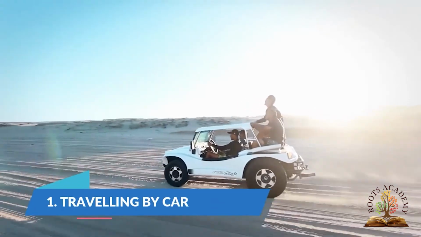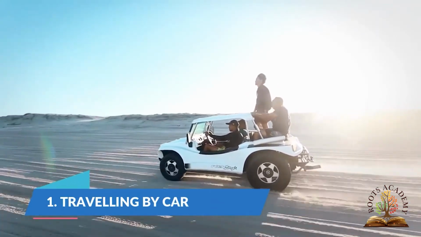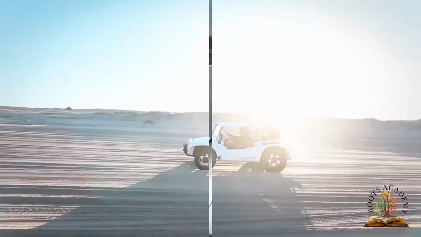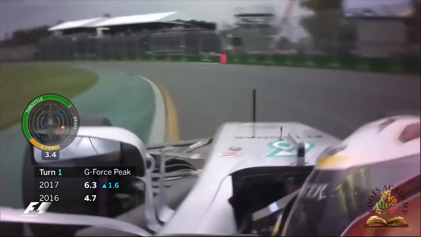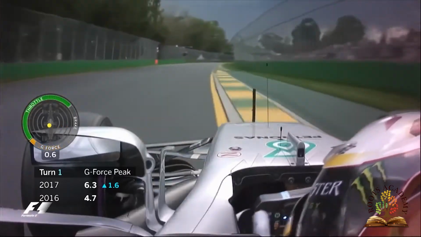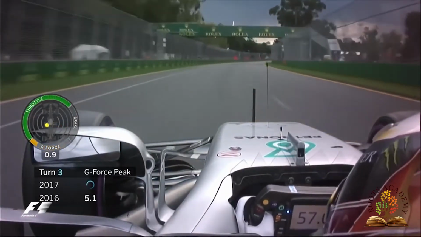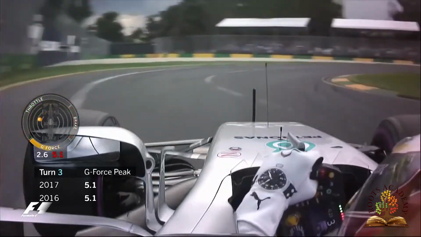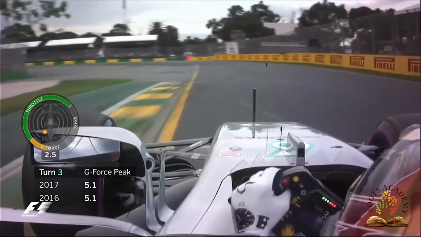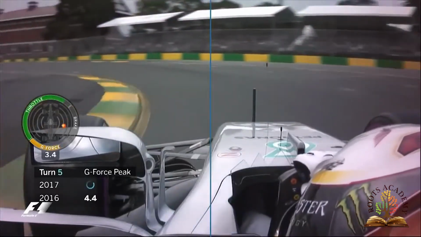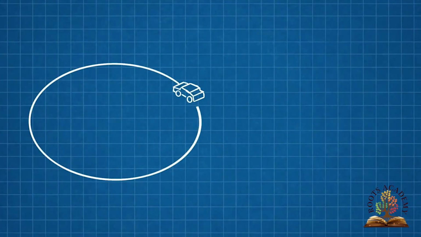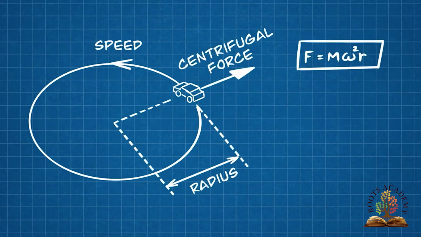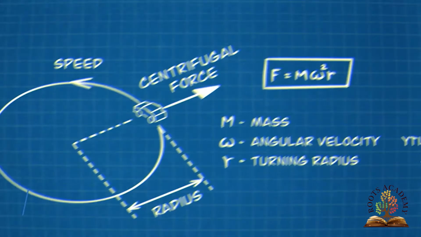Now let's look into some of the applications. Case 1: you are traveling by a car on a straight road. When you take a right or left turn, you are pushed away in a direction opposite to the direction of the turn. This is because your body, which is moving in a straight line along with the car, tends to move in the same direction even when your car takes a turn. The resulting centrifugal force acting upon the car and your body moving along the curved path pushes you away from the course of motion.